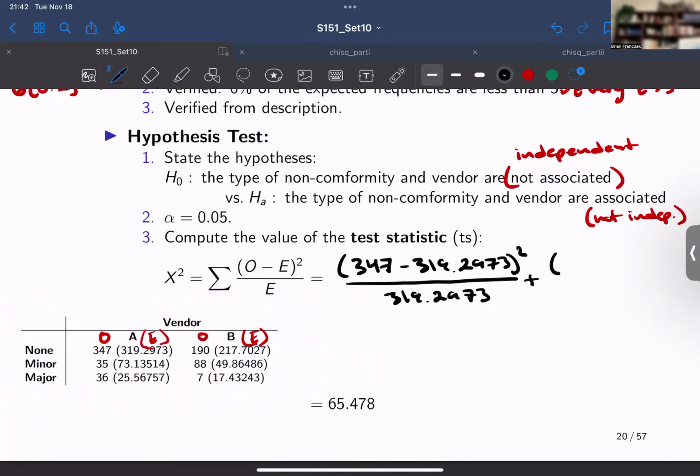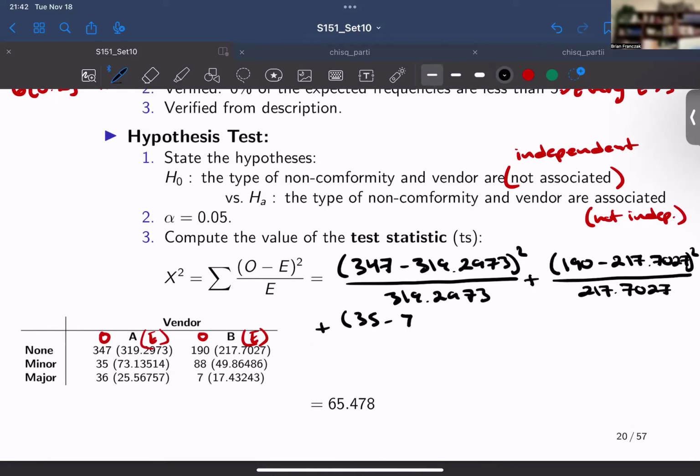It doesn't matter what order you do this in, but if I do it in this direction, I have 190 minus 217.7027 squared divided by 217.7027 plus